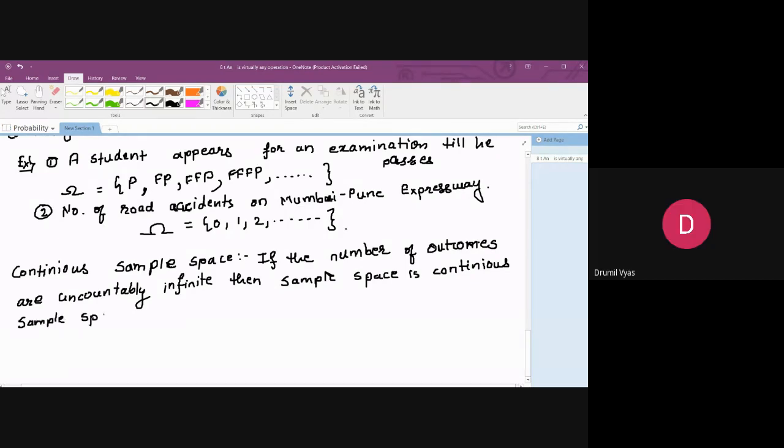Numbers between two numbers, maybe that comes under it. Just a minute. Yes. Numbers between two numbers, suppose from 1 to 2, there may be infinite numbers. Yes. So it may come under that. Yes, it comes under continuous sample space. Okay. So the discrete definition also shows that. No. There it is